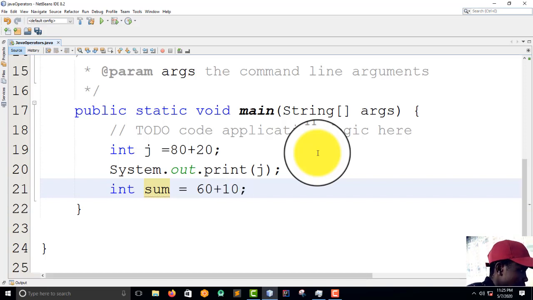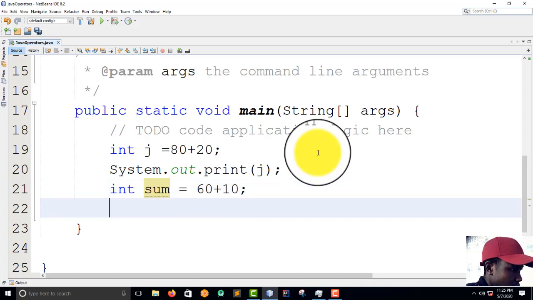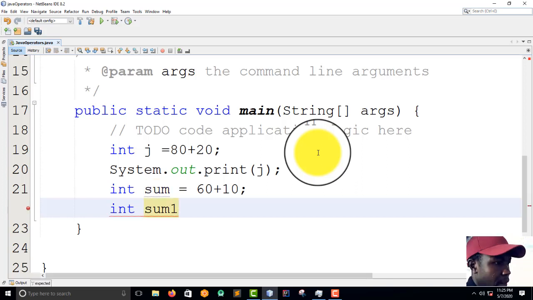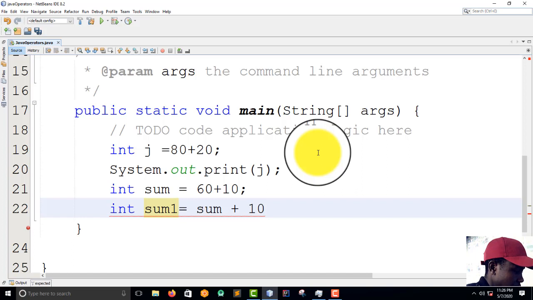Then next we say finish. Then someone is equal to, let's pick the first sum, plus, let's say, 10. Then we close this.